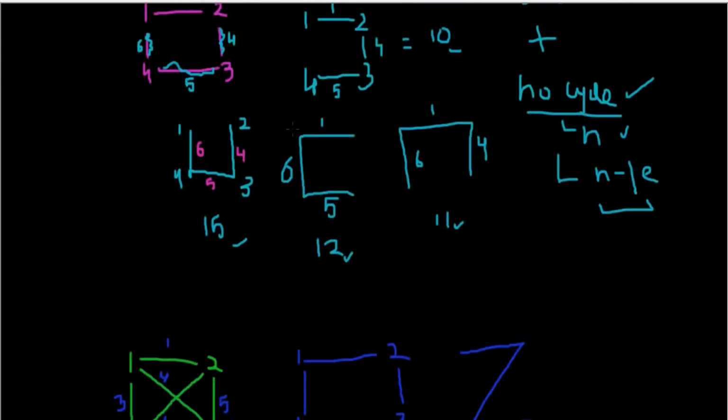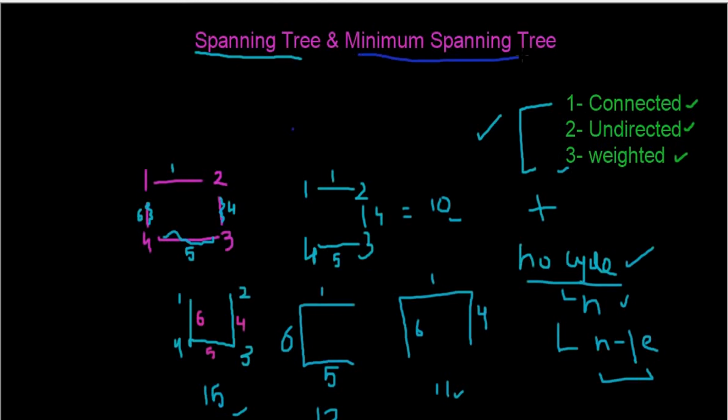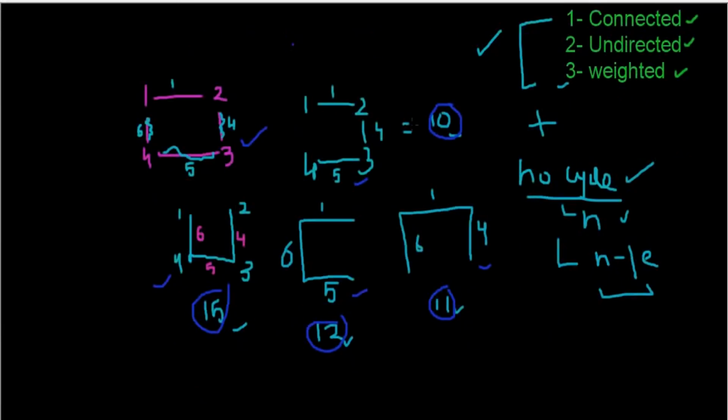So our main ultimate goal is to find what is a minimum spanning tree, right? So basically from all possible spanning trees of any graph, we will consider that spanning tree whose weight is minimum, right? So for this example, our spanning tree will be this, because from 10, 15, 12 and 11, 10 is the minimum, right? So this one will be my minimum spanning tree, right? So एक बार और बता रहा हूँ, from all the possible spanning trees, we will consider that spanning tree whose